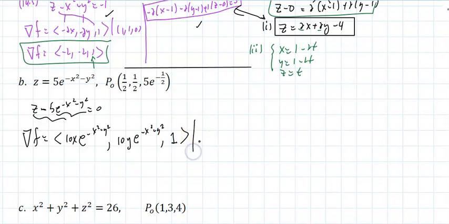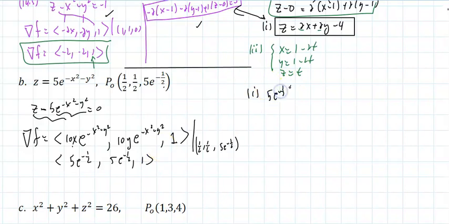And if I evaluate that at 1 half, 1 half, the z is not going to come in, right? It doesn't matter what z is because there's no z there. Well, that's going to be 10 e to the negative 1 half, oh, I'm sorry, 10 times a half is 5 e to the negative 1 half, 5 e to the negative 1 half, and 1. So, an equation of my plane would be